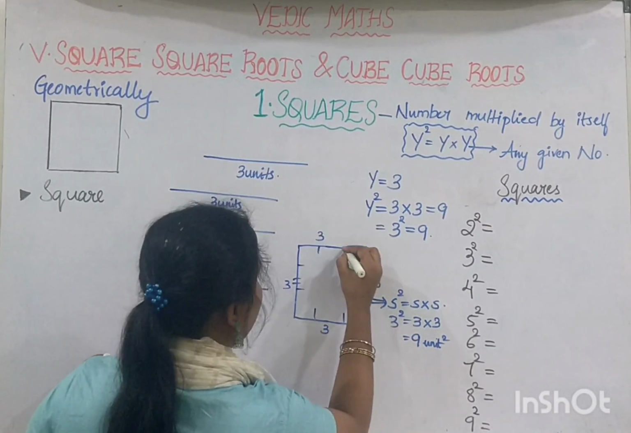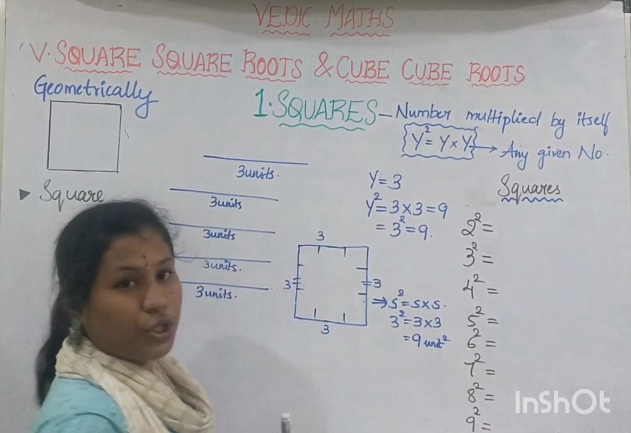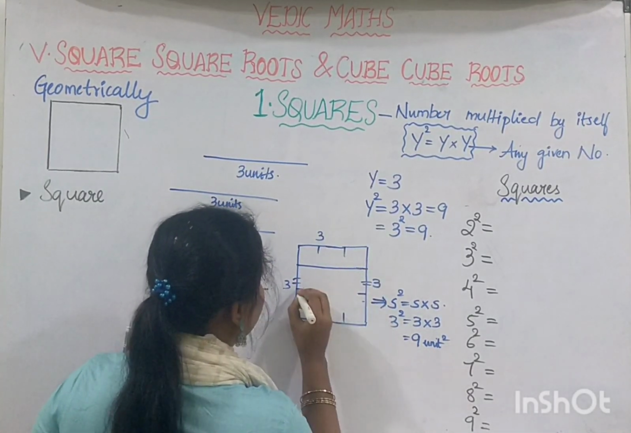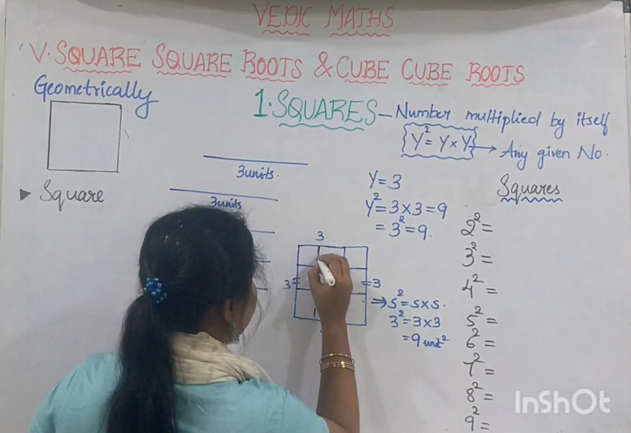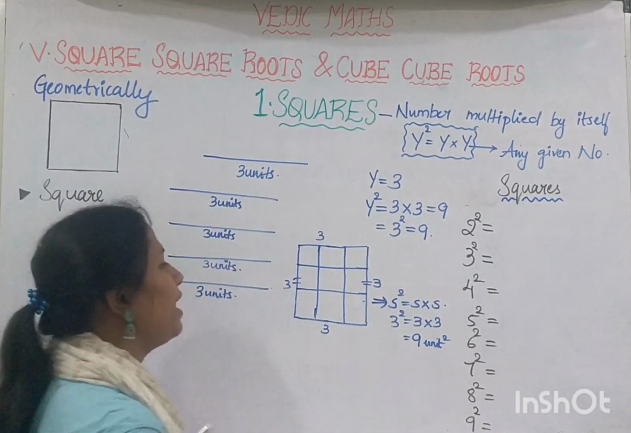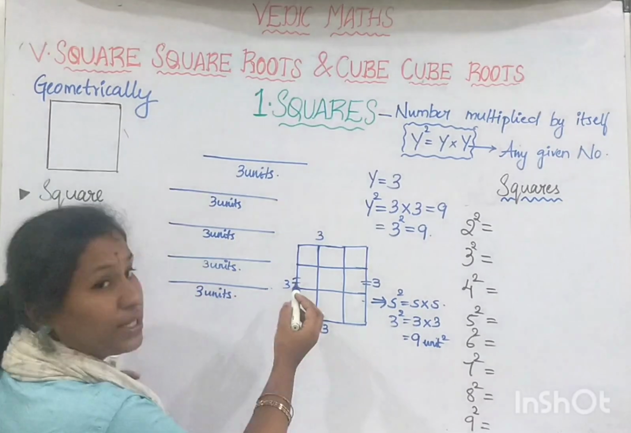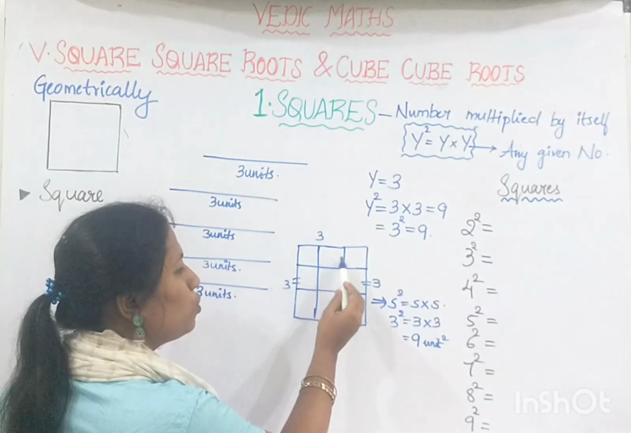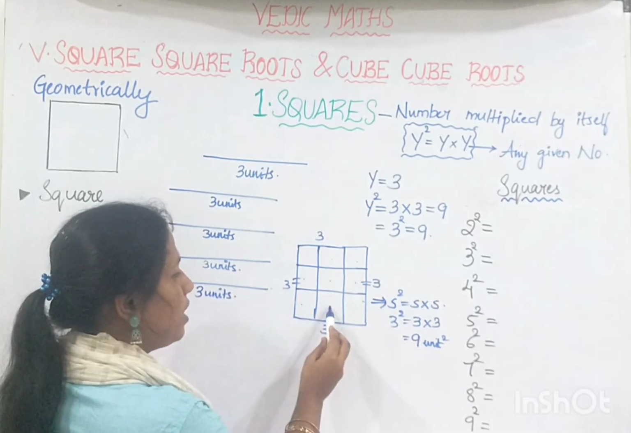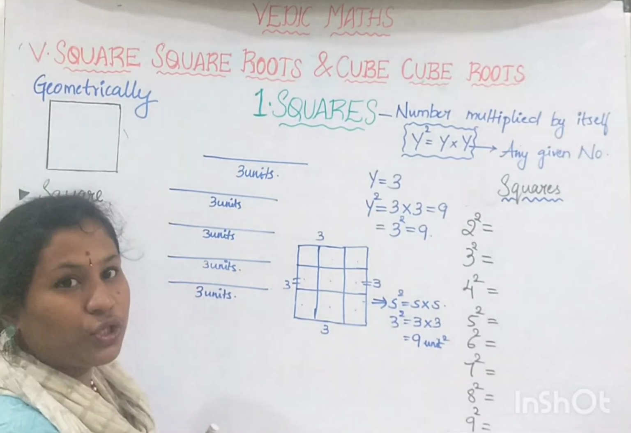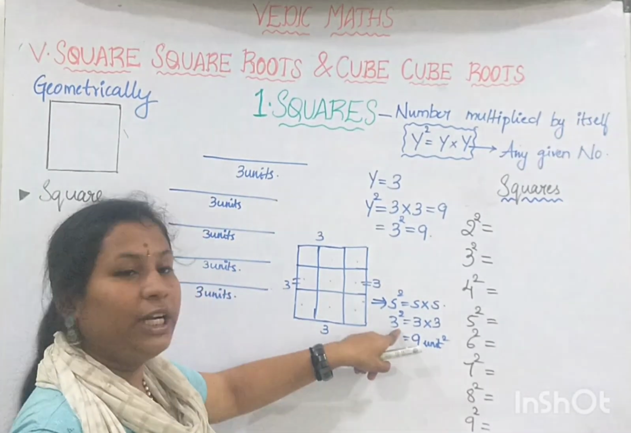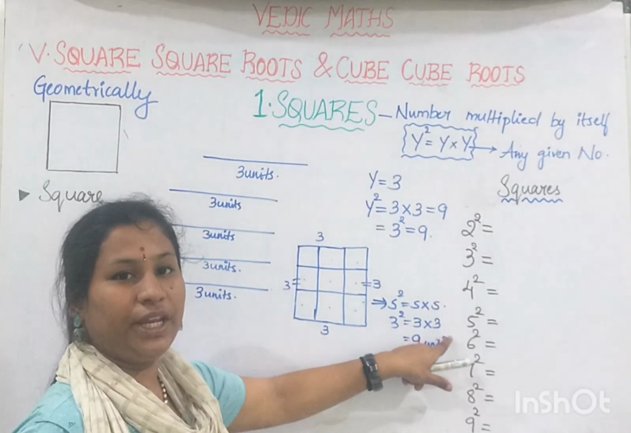This is 1 unit and this is another unit. So here, if we join all the lines perpendicularly and parallelly, we will get 9 squares. Let's count how many squares there are here. 1, 2, 3, 4, 5, 6, 7, 8 and 9. So here we have multiplied 3 square is equal to 3 into 3, we got